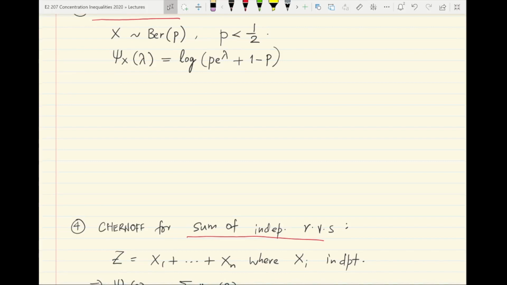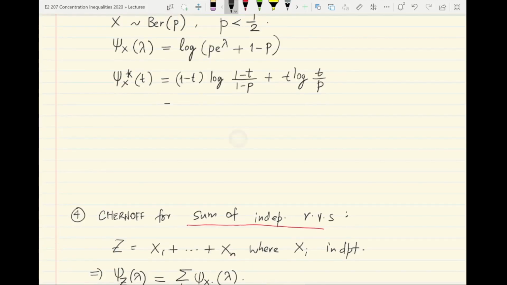And if one continues further, one can also calculate Cx star of t as 1 minus t log of 1 minus t by 1 minus p plus t log of t by p,